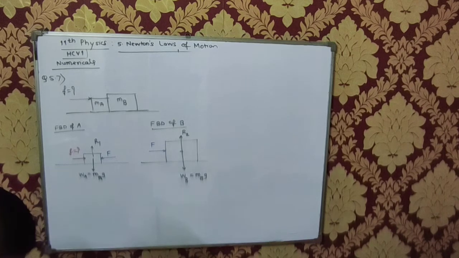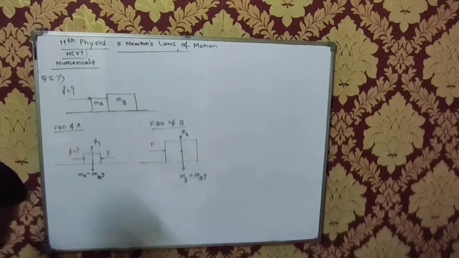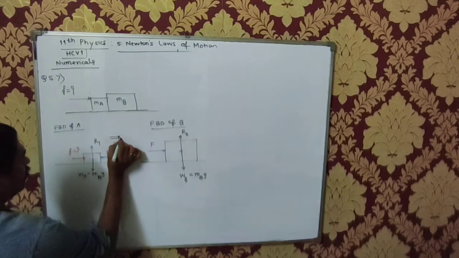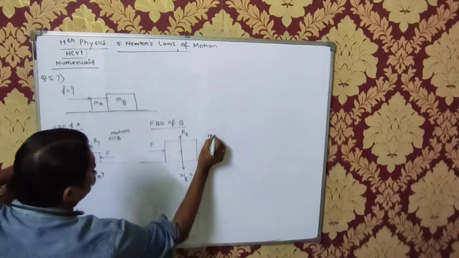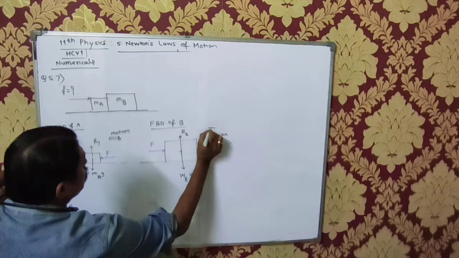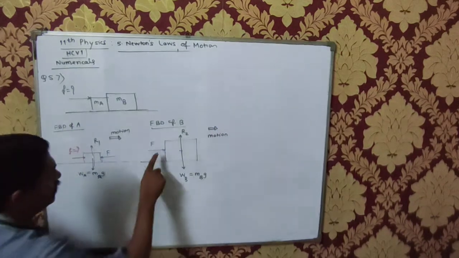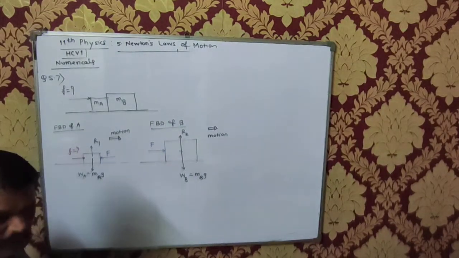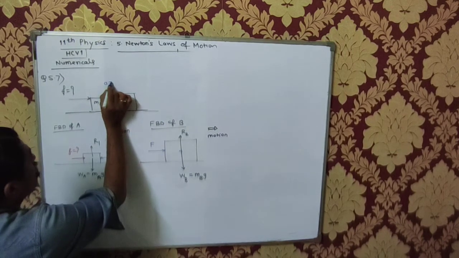Now it's moving with acceleration a, right? The blocks just try to accelerate. So what is the direction of motion here? This is the direction of motion. And wherever there is motion, there is no force which is balancing this force. So this capital F is equal to ma, and both are in contact. So the system is going to move with acceleration a.